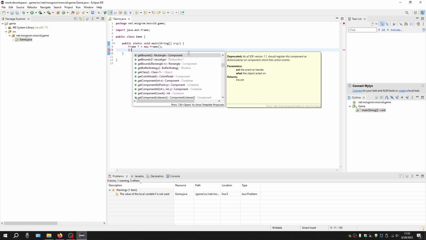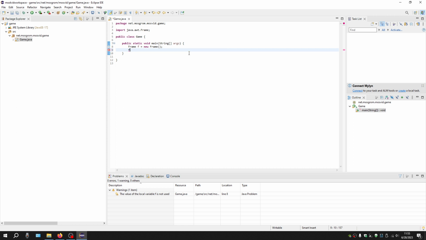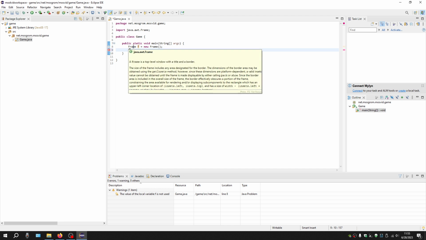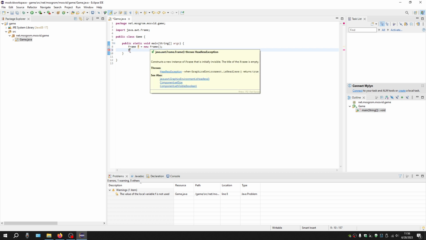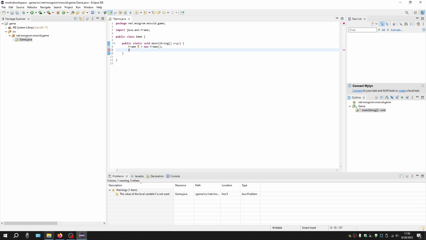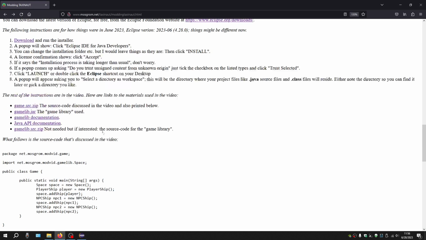So to get a more clear idea, probably you would want to look at the documentation for Frame. That's available online. Sometimes Eclipse also can show the documentation here by hovering over things, but for third-party libraries, so other libraries, that doesn't always work correctly, regrettably. That's been bugged for a while, but you can also look it up online. For example, for the Java standard library, I have a link here in my accompanying document, Java API documentation. If you click on that,